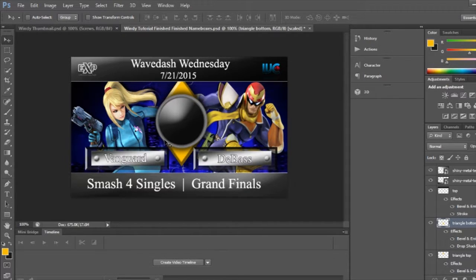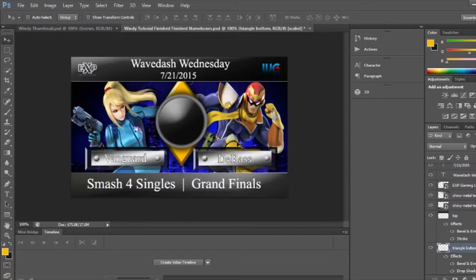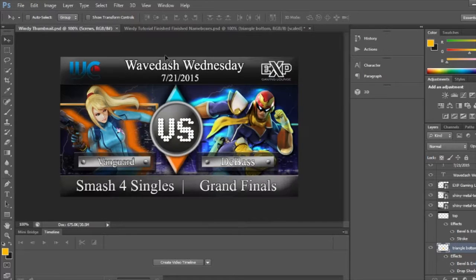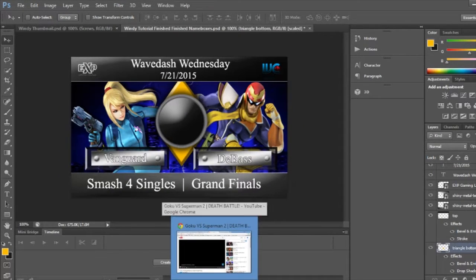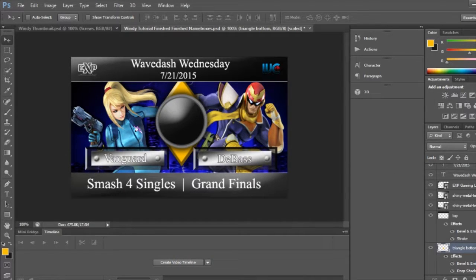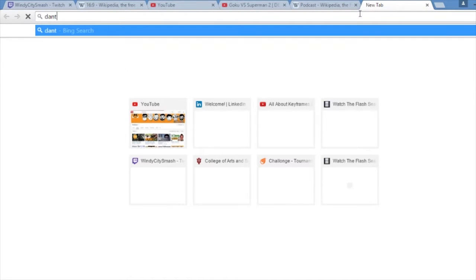But the next thing that we're going to do is add this little versus symbol, as you can see right here. And to do that, as you can see, I'm not using the Times New Roman font. I'm using a different font that looks more like LED lights. And in order to get that, I actually got this font at, so you're going to see what I was watching. Goku vs. Superman 2, Death Battle. But I went to this web page called